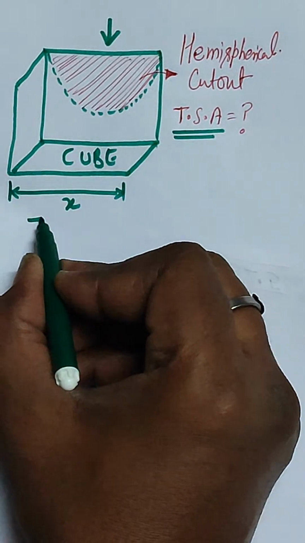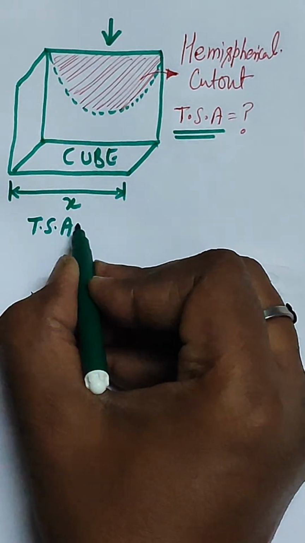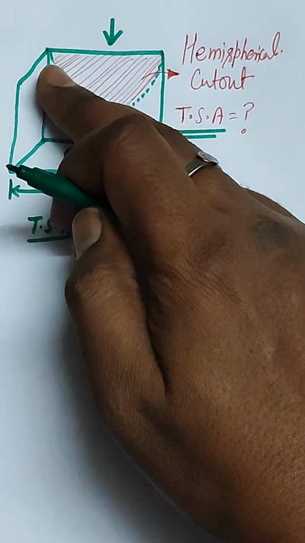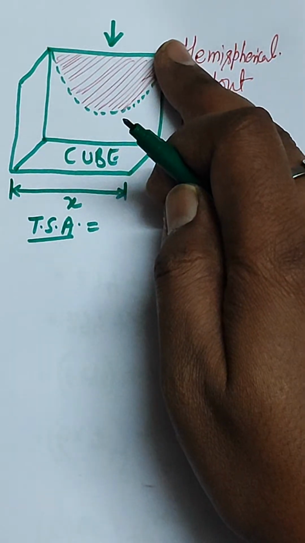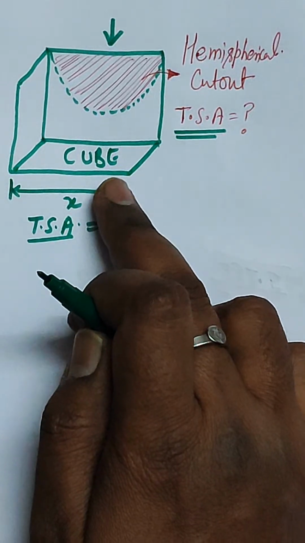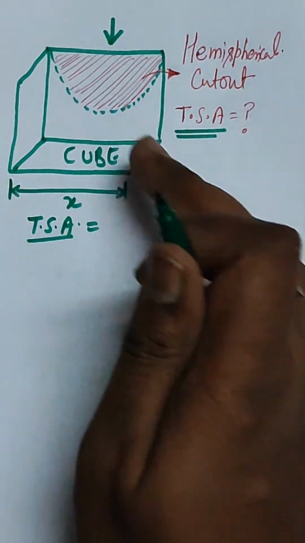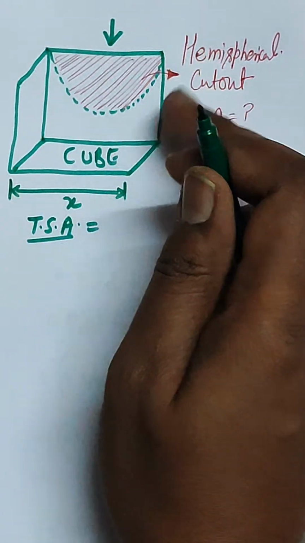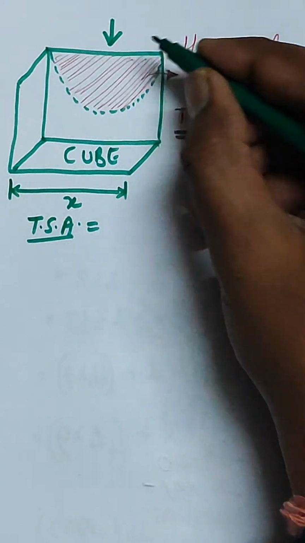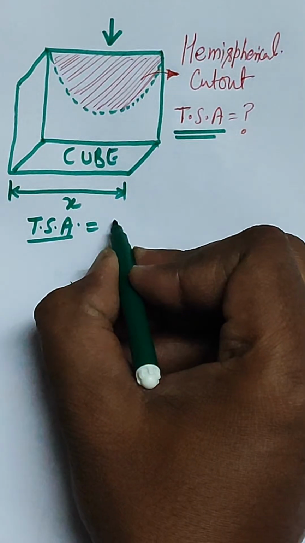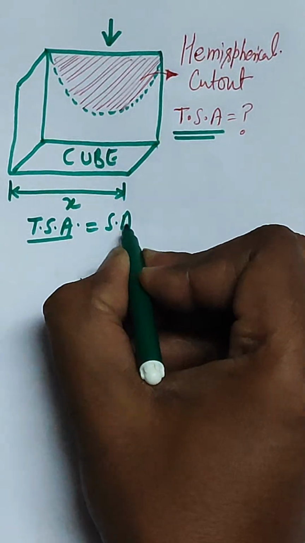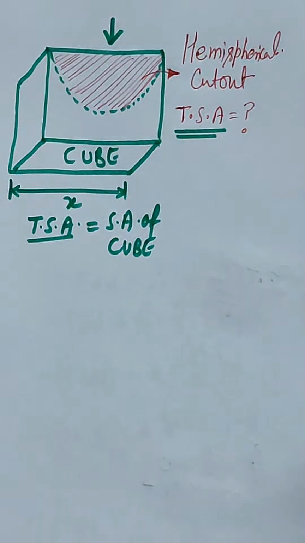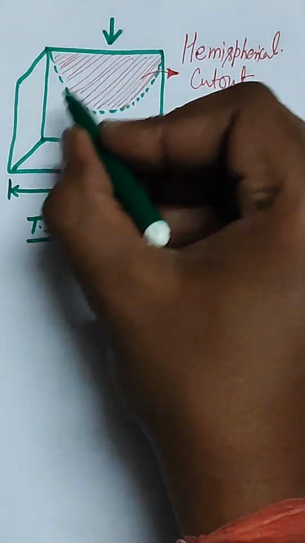will be equal to, in the previous question when there was a hemisphere which was mounted, we had added it, right? But here we need to subtract the hemispherical shape which has been cut out, because that is being removed. So the total surface area will be the surface area of the cube